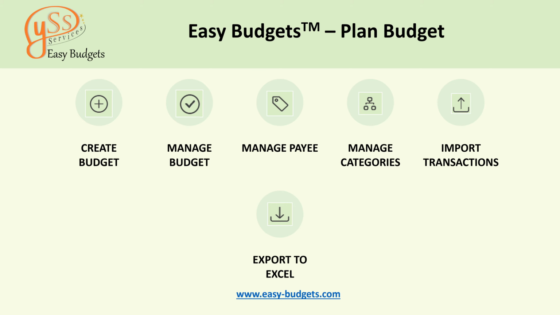So a payee can be a person or a company or a vendor to whom you have made payments or to whom you are going to make payments. A payee can be yourself if you are receiving money from somebody else. So manage categories. This will allow you to add, edit, update a category or subcategory name, delete a category or subcategory, view list of categories and subcategories associated to a budget. It also has functionality that will enable you to rearrange the category and subcategories in the order that you want to see in the manage budget screen.